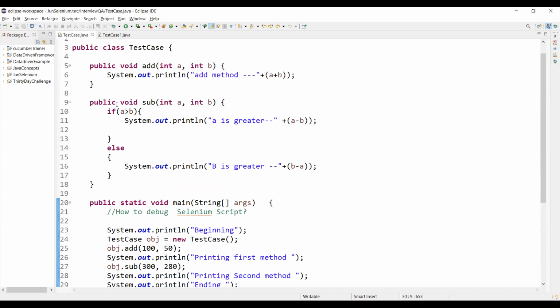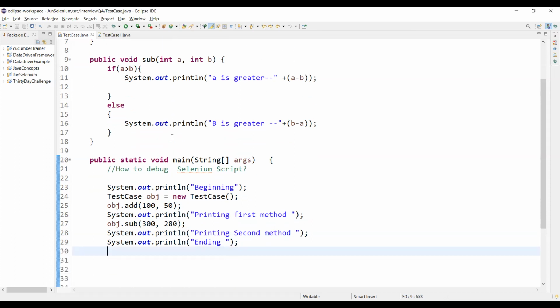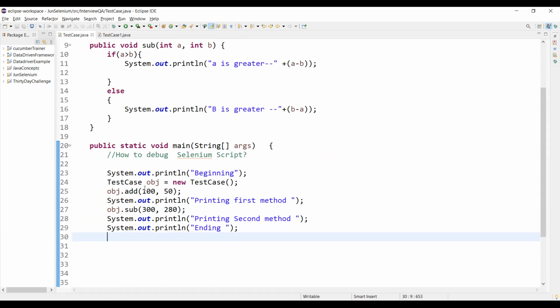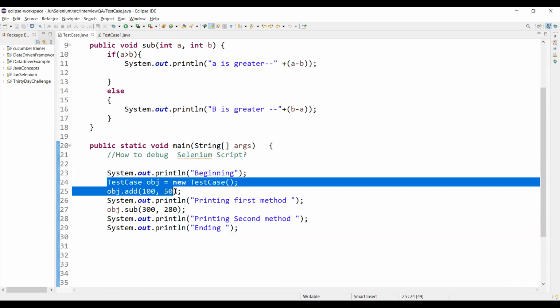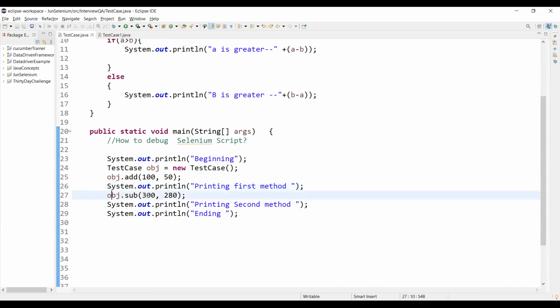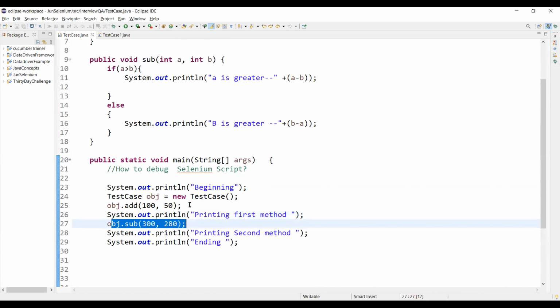I have written code here with just two simple methods, and I just want to call these methods in our main method. In the main method, I have printed some messages. Then we call the first method, print some message, then call the second method and print some messages.